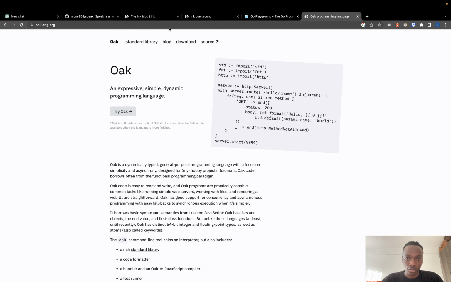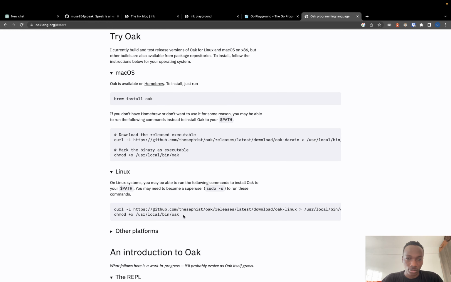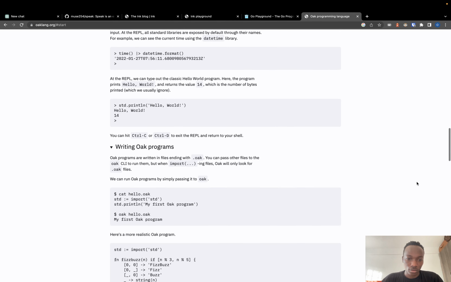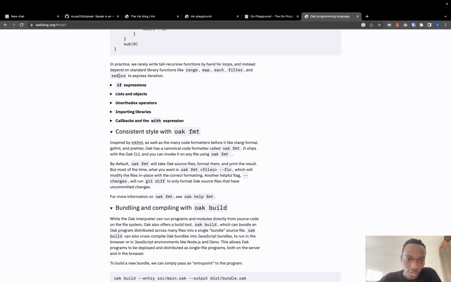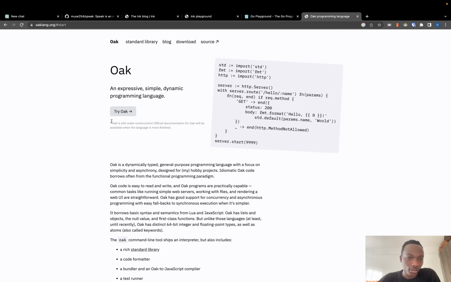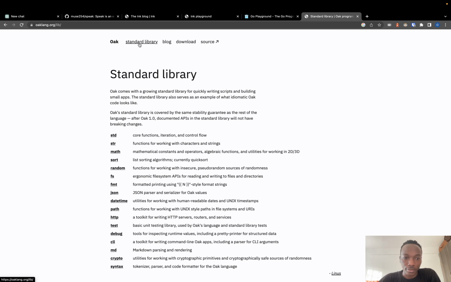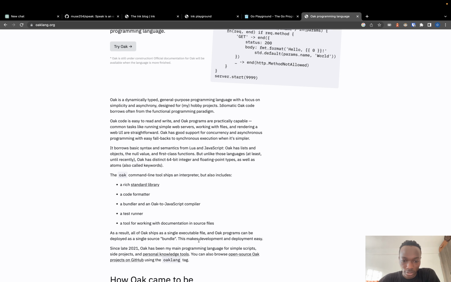Not sure if it's the official Try Oak. Linux, other platforms. Obviously it's not there. I'm not sure where he puts the playground for the Oak language,